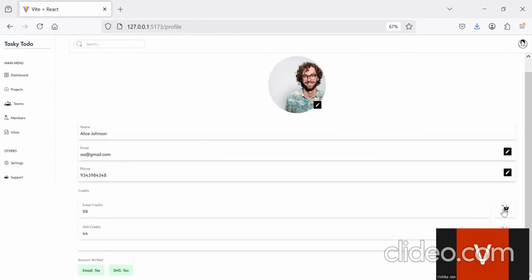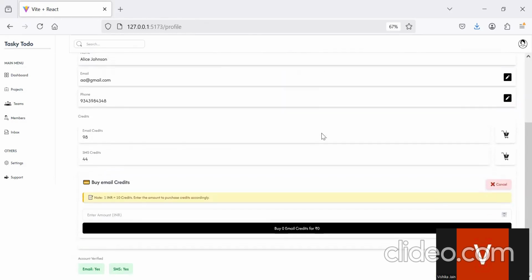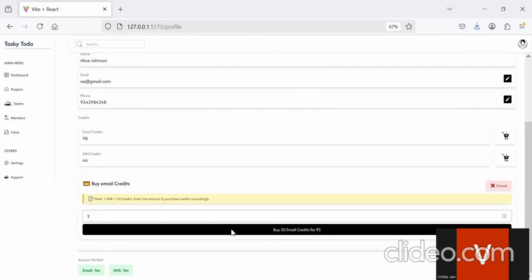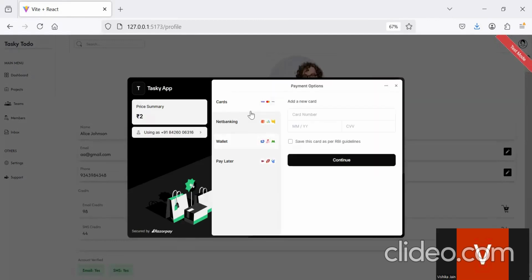So how we can do is, I have also integrated this Razorpay, right? What I can do is, 1 rupee is equal to 10 credits, right? So I can enter in the amount. Let's say I want 2 rupees. I will get 20 email credits, right? This is the cancel, but I can again put 2 rupees and I can buy the email credits, right? Currently the email credits are 98, but if I buy it,